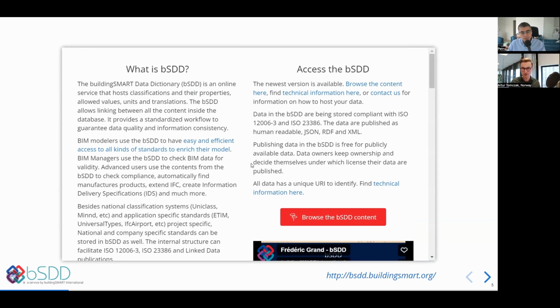So it has a really long history and it had different names. There were many organizations involved. And at some point it was renamed to bSDD, but also the approach to storing this data was changing. So I won't spend too much time on the previous versions, but for those that heard about bSDD a long